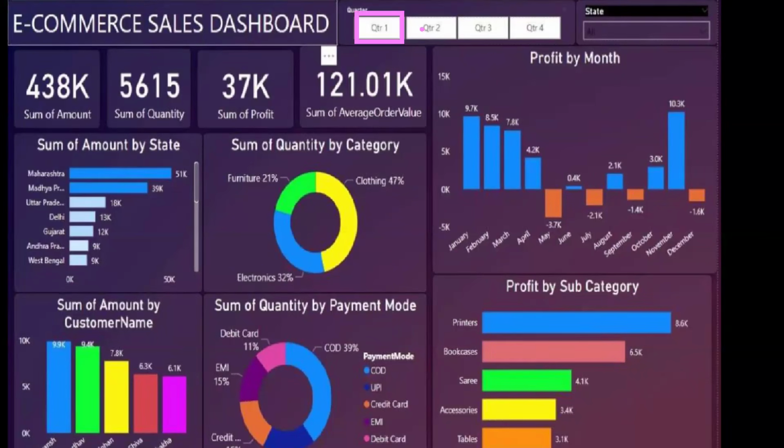Quarter sales: quarter one sales, quarter two sales. And sum of amount: how much amount is generated? Sum of quantity: how many items are sold out? And sum of profits: how much profit was generated? Sum of average order value, that is the average order value. And one more thing,